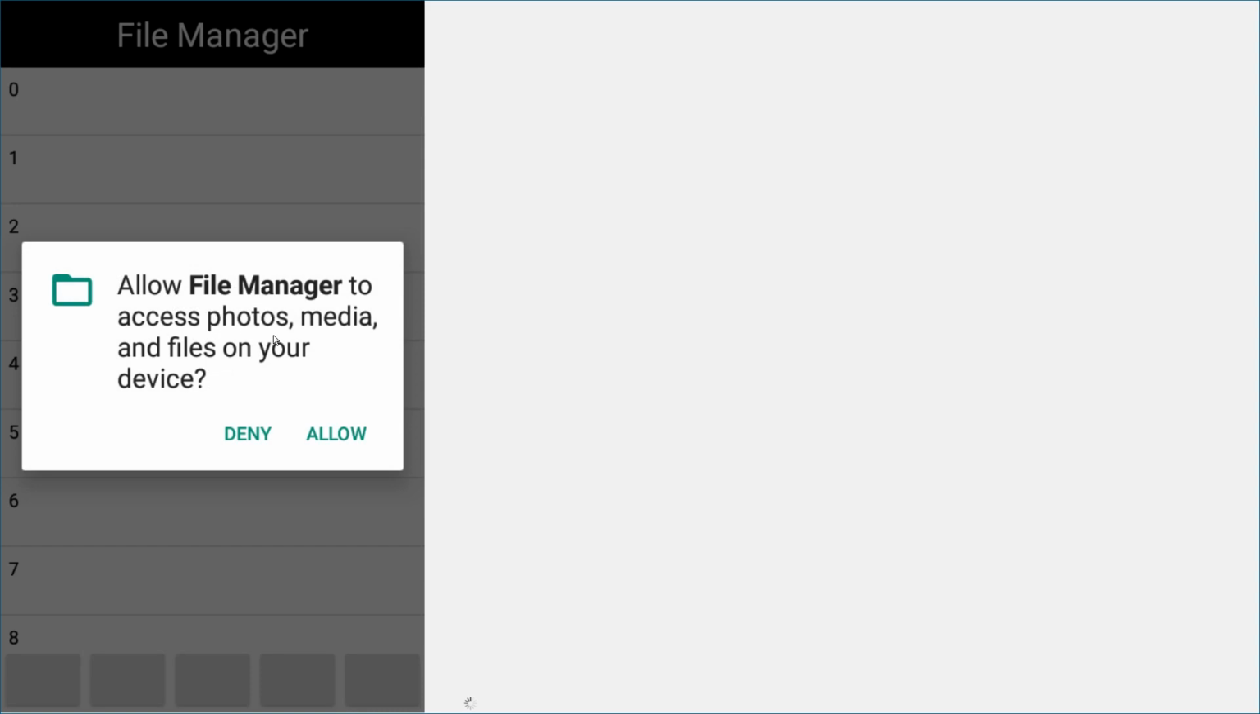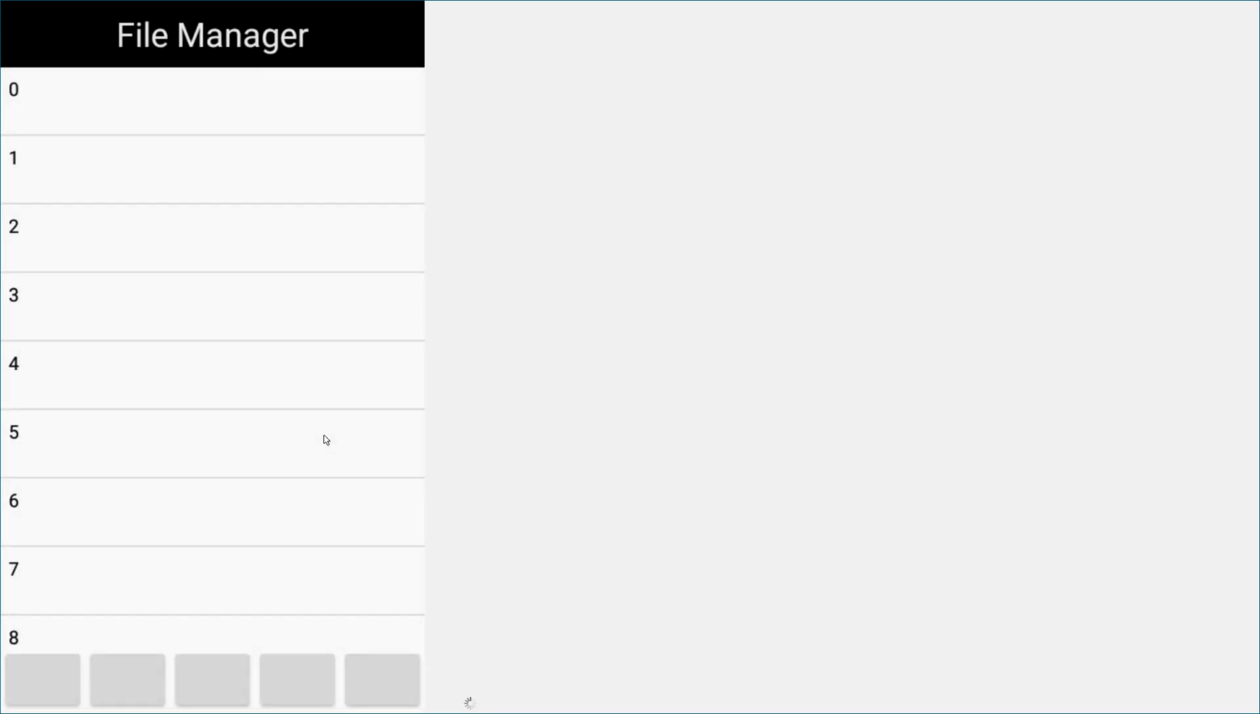So finally, in order to use the app, the user has to allow permissions and the app is ready to be used. Okay,